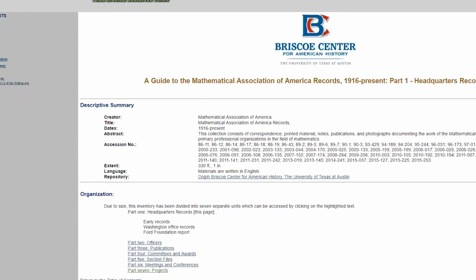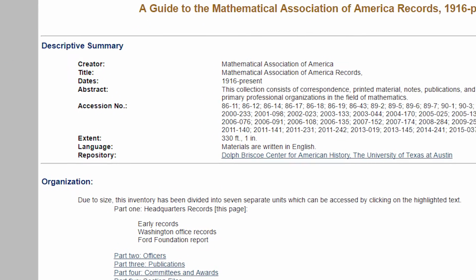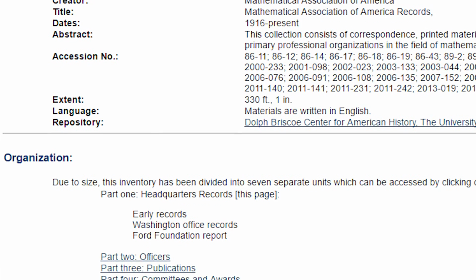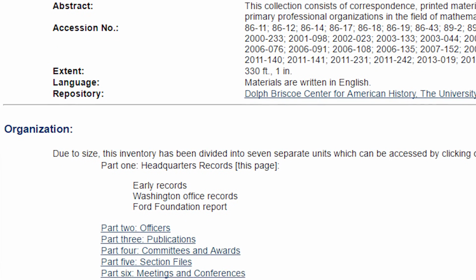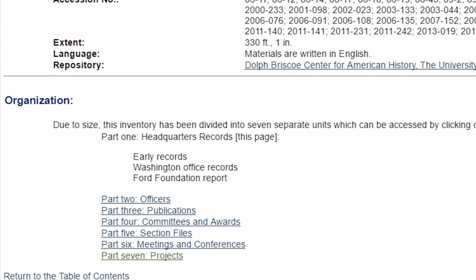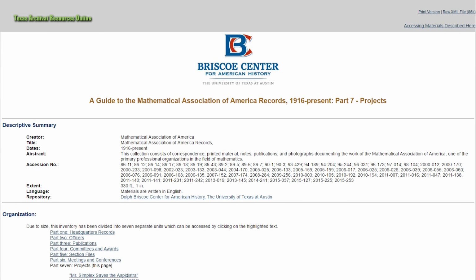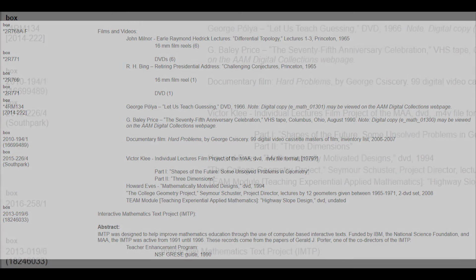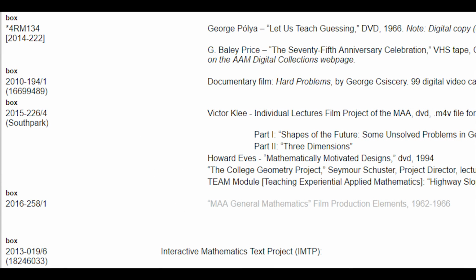The MAA Records is a sizable collection, with a majority of it processed before my time, making my arrangement decisions here somewhat preordained. Because of the size, the collection's been split into 7 distinct units, and the last of these is the Projects unit, which has a series for films and videos. I'm going to add a sub-series to this named MAA General Mathematics Films, which is a creator-derived name for this set. And then since this finding aid is so large, I'll just condense the items to a single content list